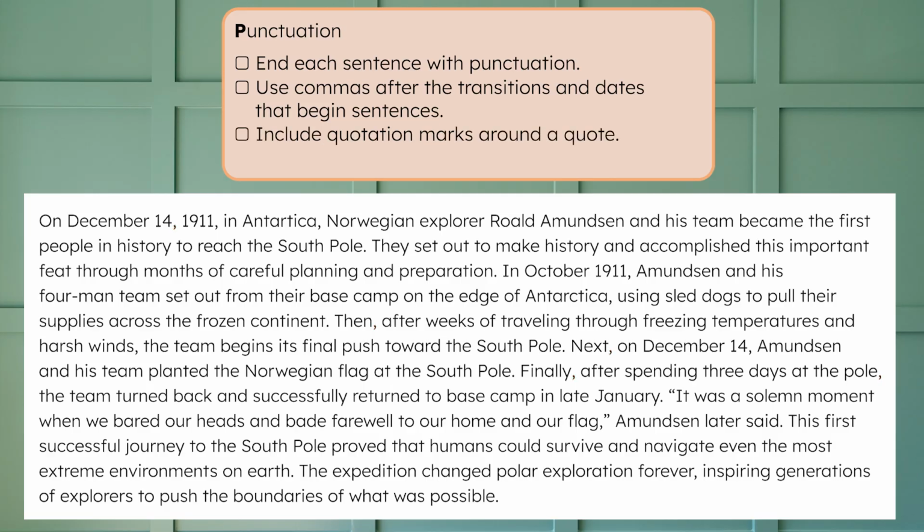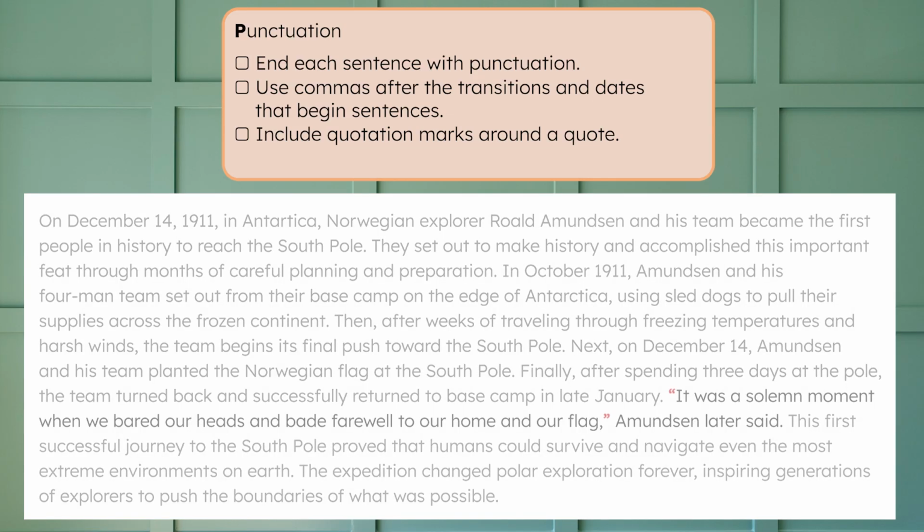Last, we need to look at quotes and attributions here. In fact, these are such an important part of the article. There are 2 punctuation rules for it. Do you see where B put commas and quotation marks in her article? She put quotation marks at the beginning and end of her quote. That lets the reader know where it starts and ends. And notice how the attribution comes after the quote. Because of that, she put a comma right before the closing quotation mark to separate them. That comma acts like a period at the end of the quote, but shows us the full sentence isn't finished yet.